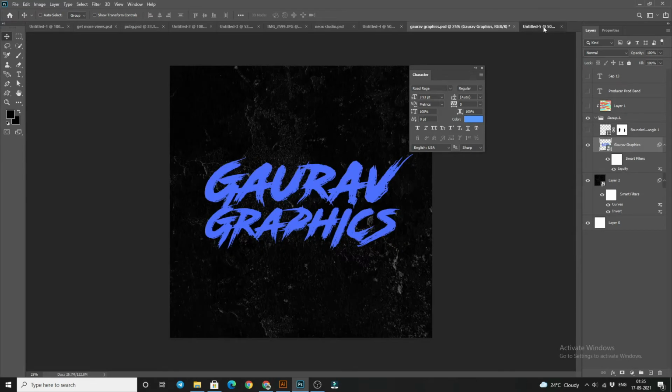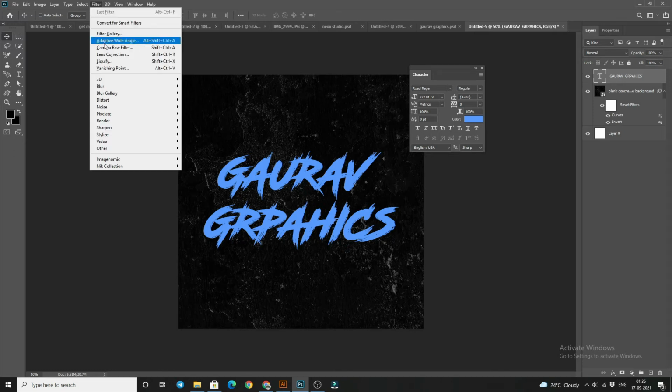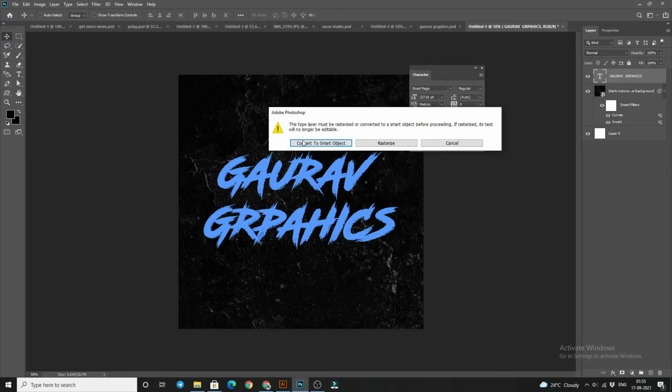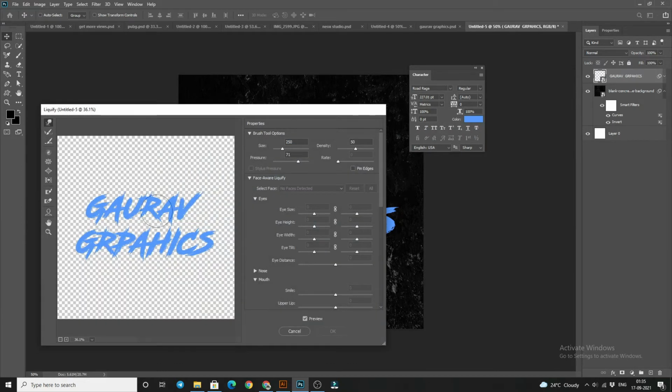If you want to use that filter, then you have to go to the Filter menu, and here Liquify, and convert to Smart Object. Now you can see that our text is applied here, and you can adjust it a little bit.